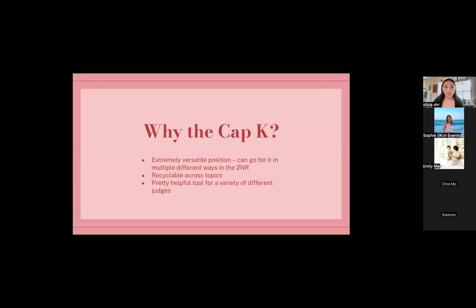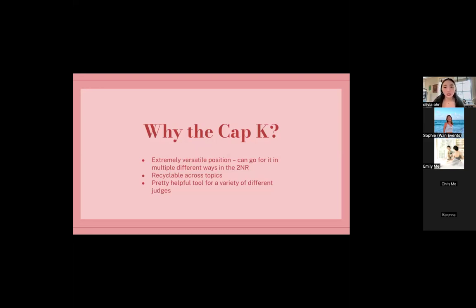But I think one of the reasons why CAP is so helpful is that you can 100% go for it in either way. So you can have a 2R that almost completely abandons framework and just goes for CAP causes extinction, like a disad, and alt solves the case and the link's like the counterplan turn the case. Or you can go for a very exclusive structurally or epistemologically based link that's reliant on framework. So I think that having flexibility within the strategy means that AF teams have to be a lot more prepared than they are and spread thin versus other critiques.